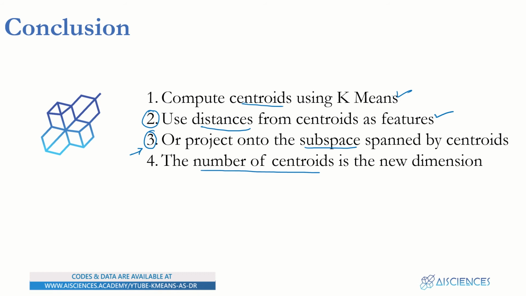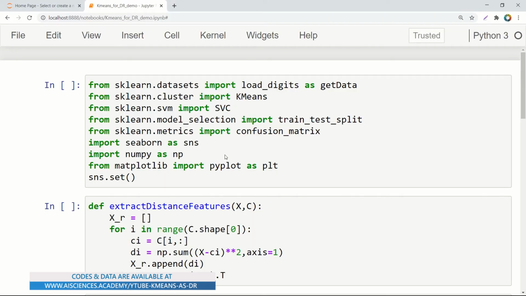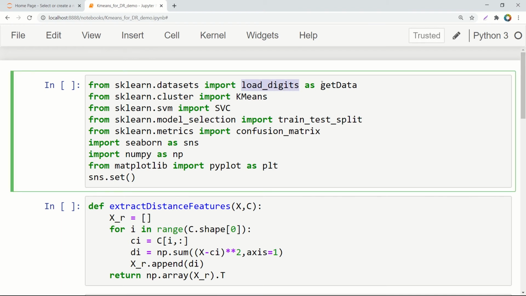Let's see one of the Python codes that explains all these things. Let's see a classification problem in that regard. So let's load the data, load digits, and that has get data. Let's make an alias, get data. K-means, that's a classification data. Let's use a support vector machine classifier or some other classifier, doesn't matter. Train test split for evaluation, and this is for SNS, Seaborn, and PLT for confusion matrix plotting, and NumPy,